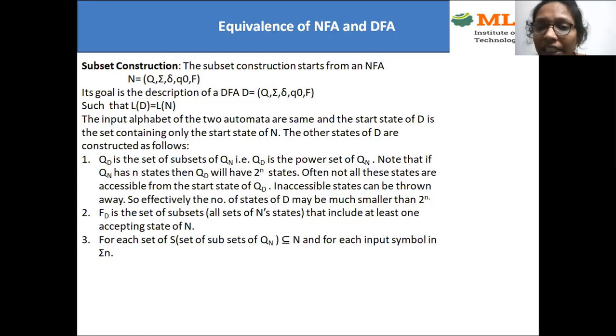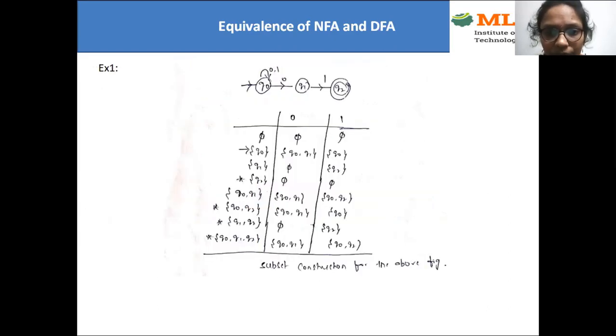So if we have any 2 states or 3 states combination, all the possible combinations are called the power set. If you see one example, this process will be clear. This is the example for power set construction, or subset construction. So this is the diagram here. This is an NFA, obviously. Why?